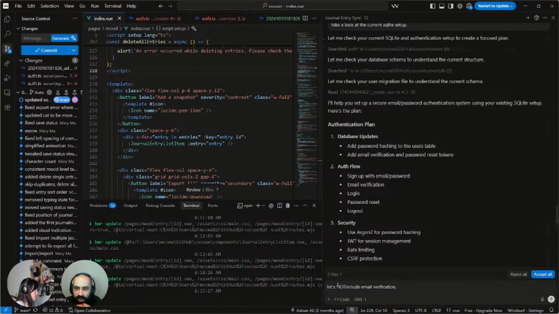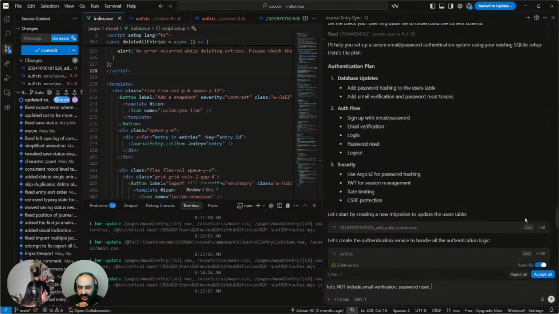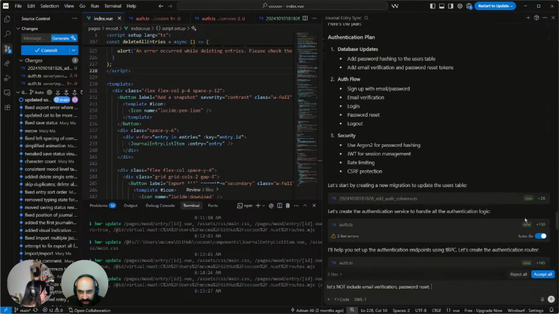Yeah, this is definitely a trap, kind of using AI for this kind of stuff. Let's scroll down a bit in terms of security. So use Argon2 for password hashing. That doesn't sound too concerning to me.